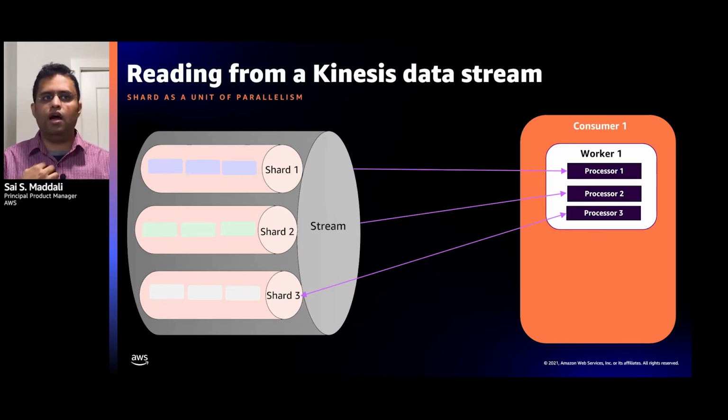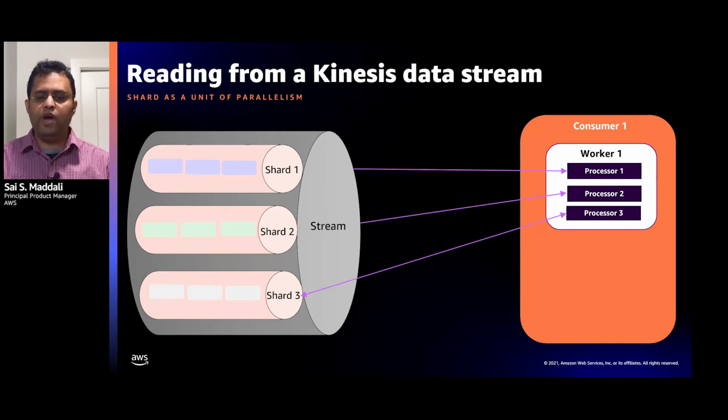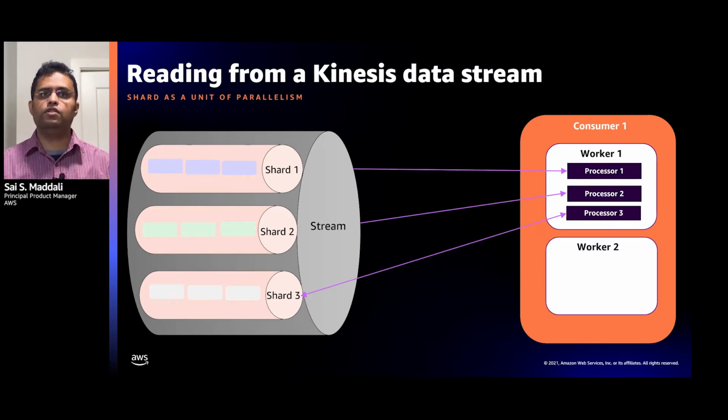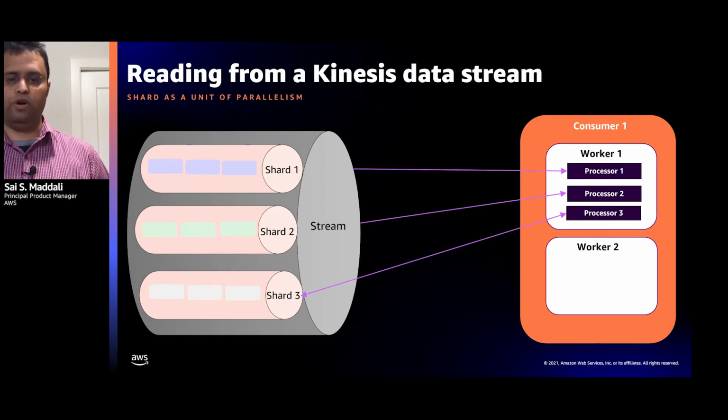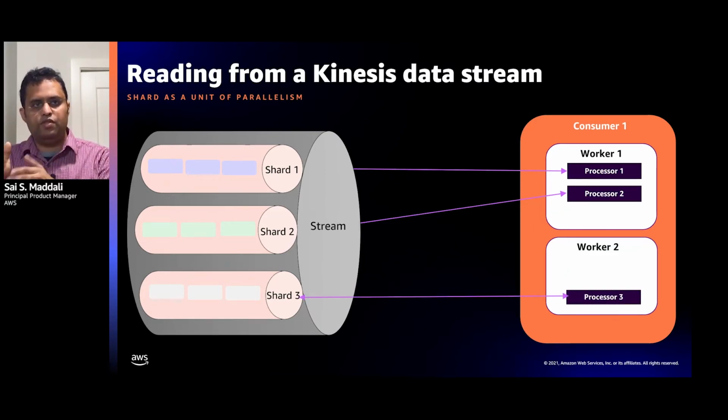Let's imagine I'm bottlenecked by the memory or CPU on that instance, and now I just want to scale out and add more capacity. The way you do that is you add a new instance, and then as you add more instances, they coordinate among each other to share work. So as you can see here, the record processor 3 gets transferred from worker 1 to worker 3, and thereby you're able to process and scale quickly and ensure that you're able to deliver insights at really low latency.